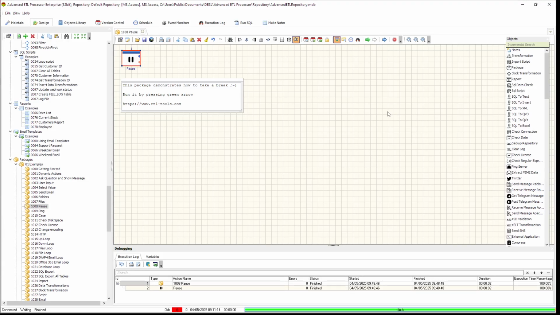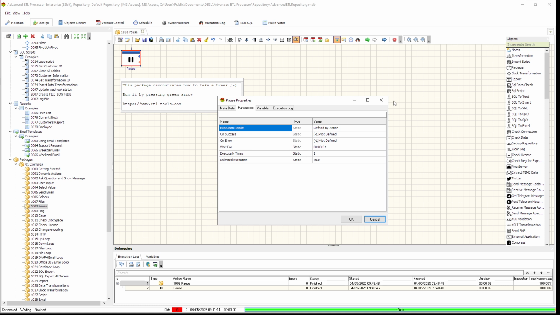Pause action. These actions can be very useful. For example, when you want to retry file download or retry form submission, or just pause execution for 10 minutes and wait for important task to complete.